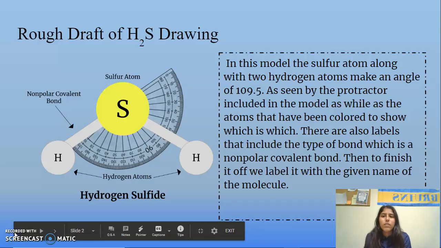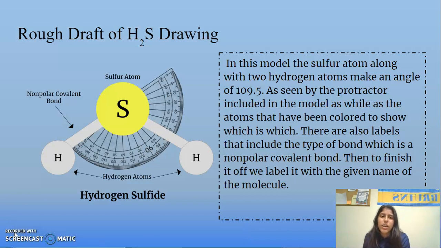This is a rough draft of the drawing of H2S, and in the model we could see a sulfur atom along with two hydrogen atoms that make an angle of 109.5 degrees, which can be seen through the protractor along with the molecule. As well as that, we labeled the atoms, and then we labeled the bond that it makes, which is a nonpolar covalent bond, and we also added the name of the molecule, which is hydrogen sulfide. And then in the next